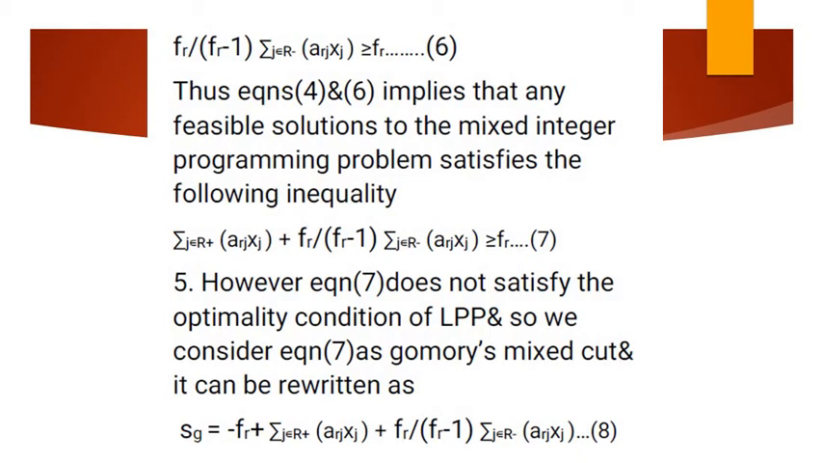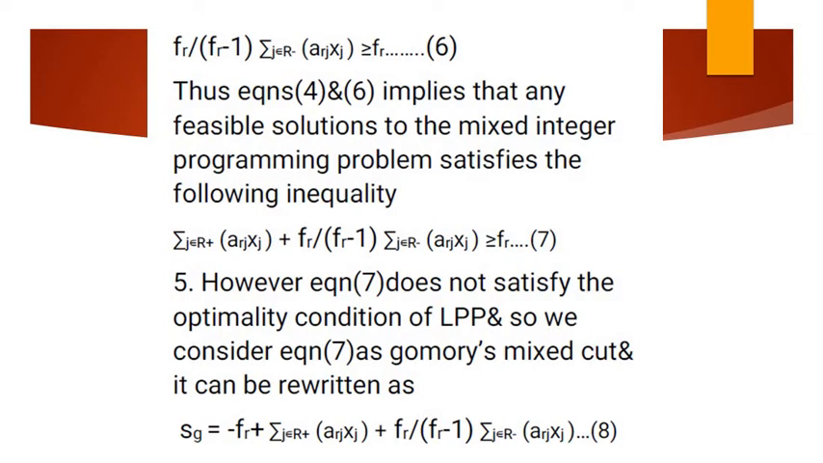Thus, equations 4 and 6 imply that any feasible solution to the mixed integer programming problem satisfies the following inequality, that is sigma arj xj when j belongs to r plus fr by fr minus 1 into sigma arj xj when j belongs to r minus is greater than or equal to fr. We'll take this as equation 7. However, equation 7 does not satisfy the optimality condition of the linear programming problem, and so we consider equation 7